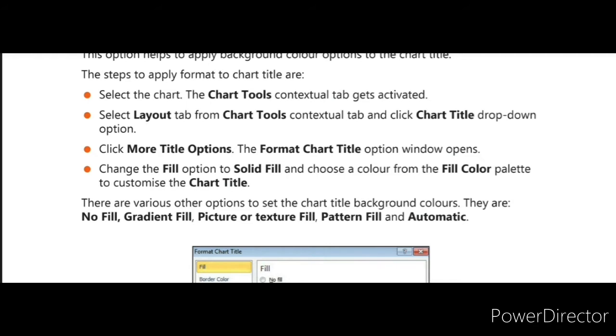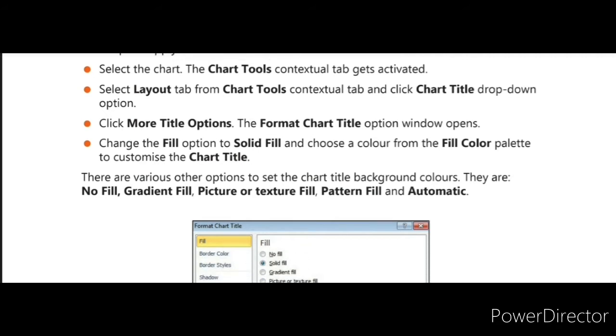So to format the chart title, you select the chart, then your contextual tabs get activated. In these three tabs, you select the layout tab. Then click the chart title drop down option. After clicking it, click more title options, and there select the format chart title option.